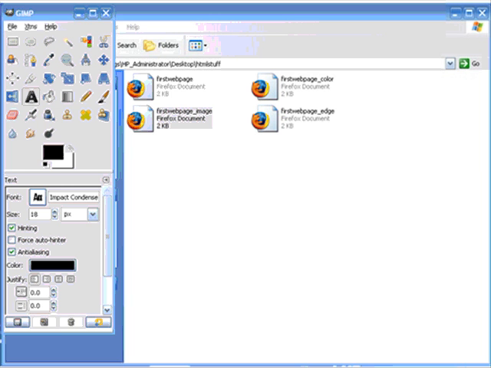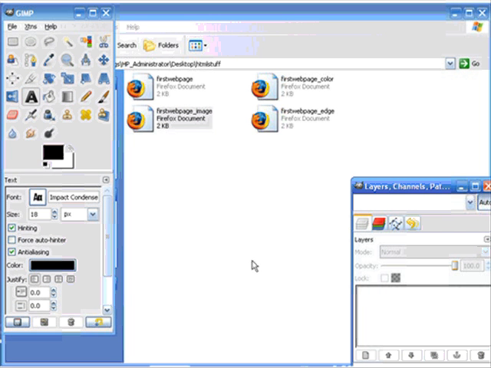Now, you can do this with Photoshop, Paint Shop, Paint. I'm going to use GIMP because it's free and it's pretty powerful. It's kind of like Photoshop for those of you that haven't been following along in some of my other videos. But GIMP is pretty awesome. So let's go ahead and open up the GIMP. And if you don't have it, we'll do a search on Google for GIMP, G-I-M-P. And the latest version as of the making of this video is like 2.4-ish, on the verge of 2.5,